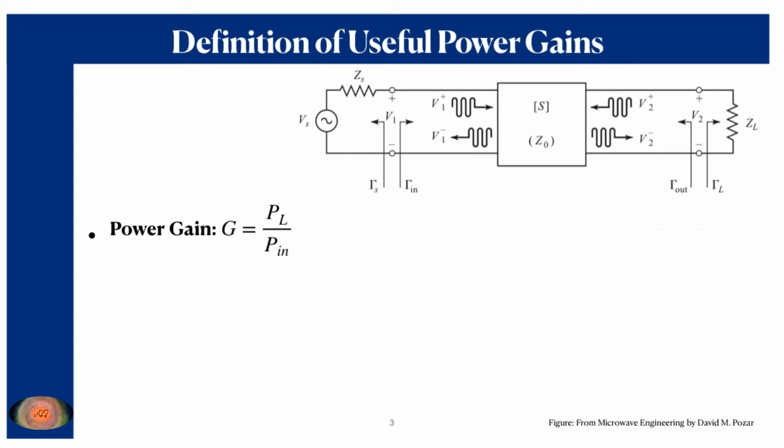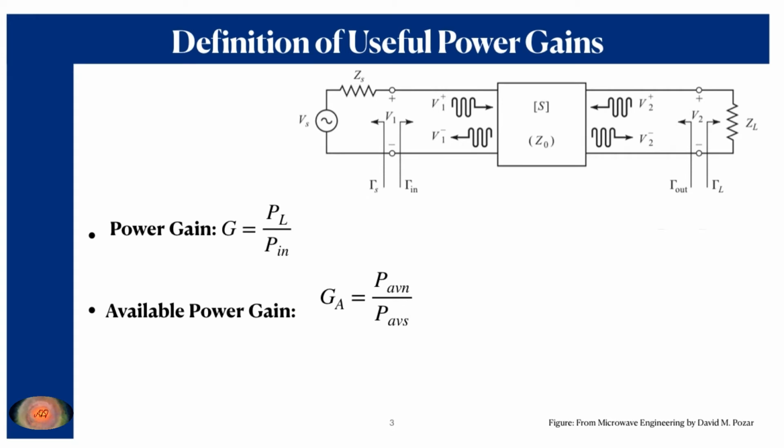However, depending upon the various powers at the various terminals, there are different power gains. The first one is the ordinary power gain, which is defined as the ratio of the power being dissipated across the load and the power being delivered to the input terminal of the transistor, that means across these terminals. Next one is the available power gain.